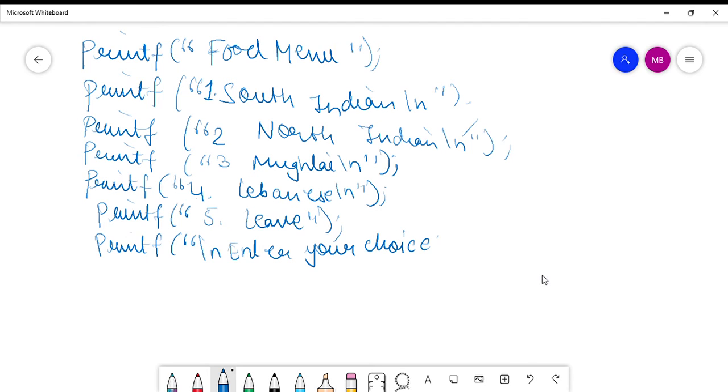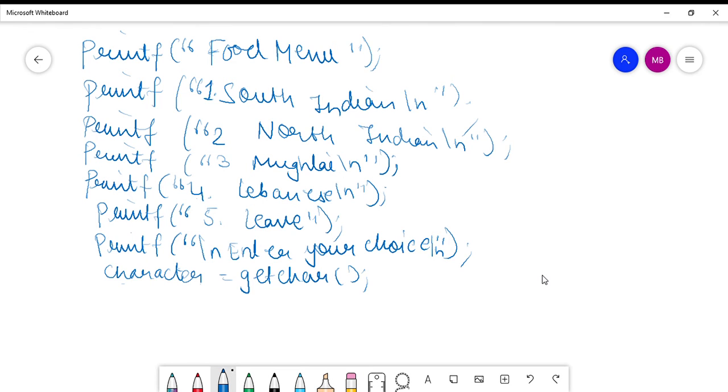Now that choice will be scanned in a variable named character. Character will save the choice of the user. Character equals getchar. The moment the user types his choice, say it is 1 or 2 or 3 or 4, whatever he enters, that is stored in the variable named character.